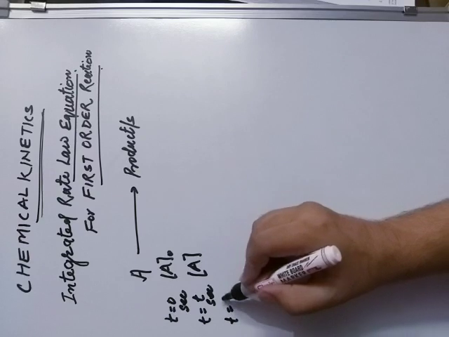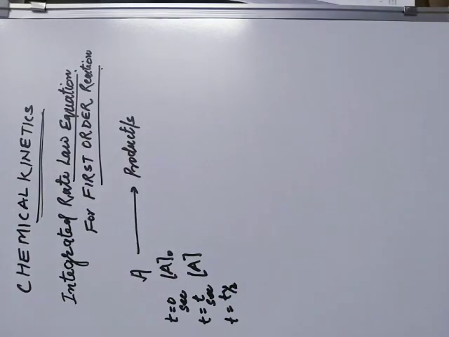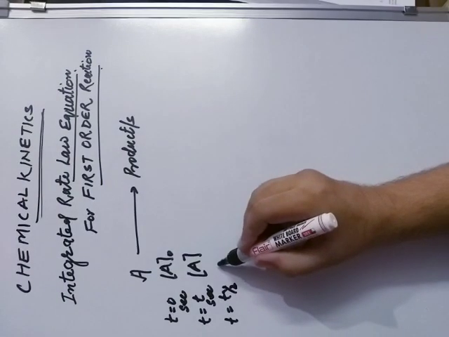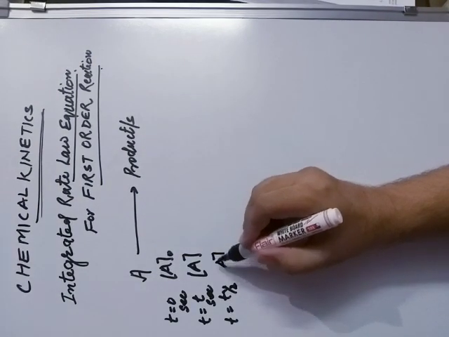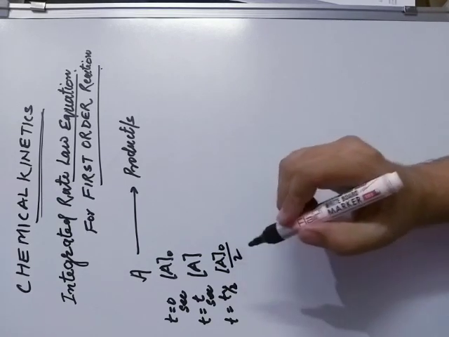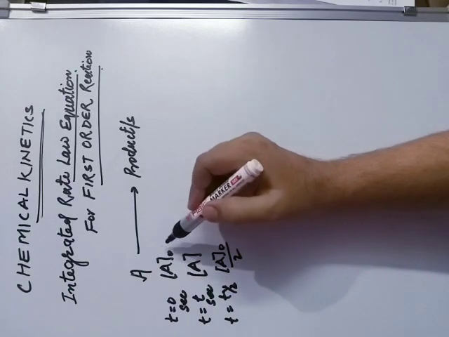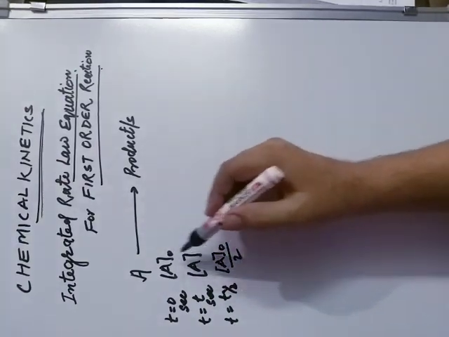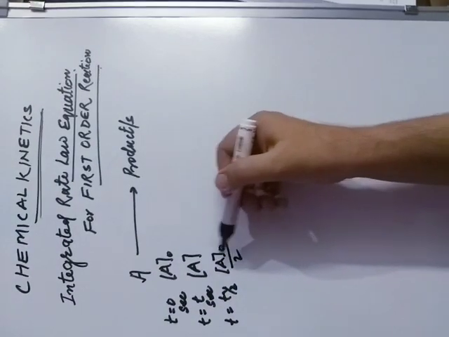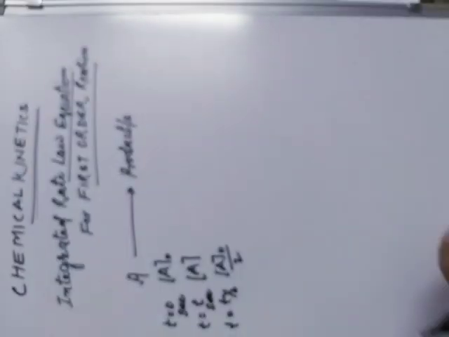and when the time is t half, what does that mean? The time in which the amount of the substance becomes half. It is called half-life. At that time, the initial divided by 2 means half of the initial concentration is used or half of the initial concentration is left. So we are writing the left concentration, how much remains after consumption.